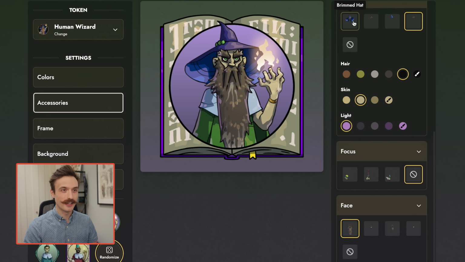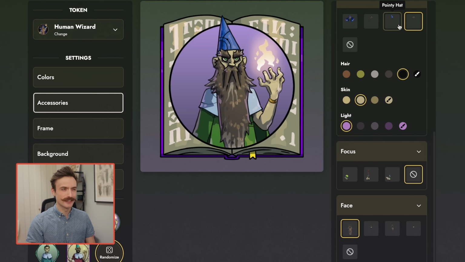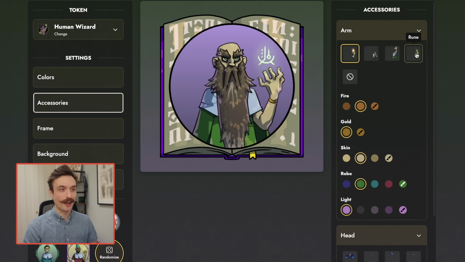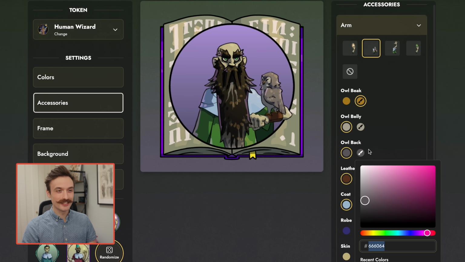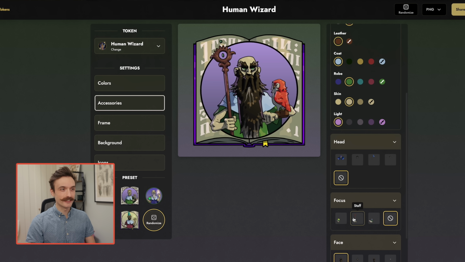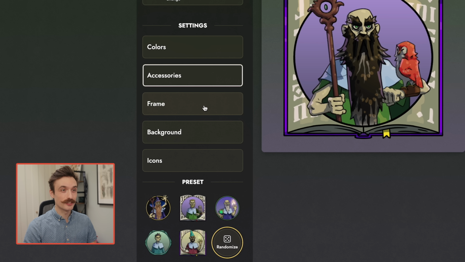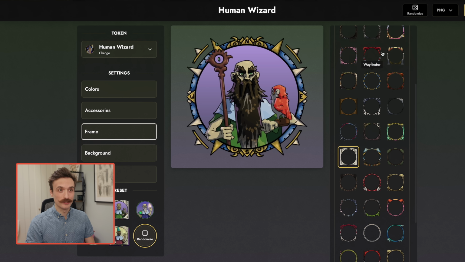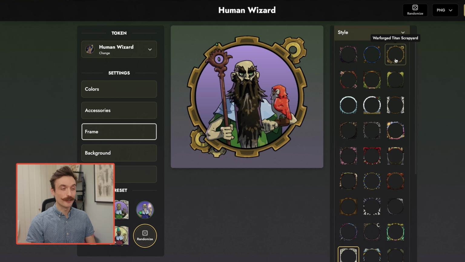And now, hat or no hat? That's the question. Oh, pointy hat. I think I'm gonna make him bald with a huge beard and then maybe an owl on his arm. Yeah, and you can even change the color of the owl. All right, I think I'll stay with the staff, and you can change the frame as well. The book is cool. I think I like this Warforged one, and I want to change the color of his